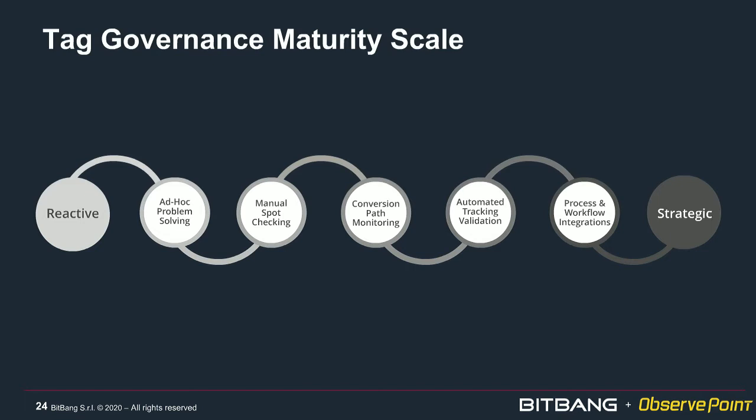So automated tracking validation, that's what we provide. Process and workflow integration. So ObservePoint and technologies like ours will allow customers to integrate with Jira and Microsoft Teams, and allow the digital analytics bug troubleshooting process to start working and living in your development team's QA process. Ultimately, what needs to happen in our industry is for quality assurance of digital to catch up with quality